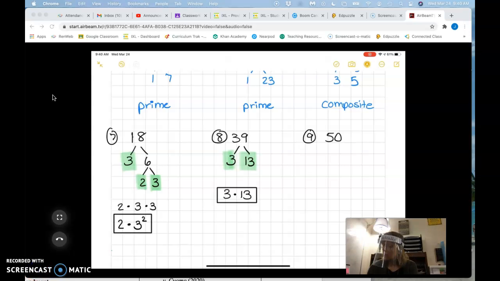Okay, so for 50, what equals 50? We can use 5 and 10. Okay, can I break 5 down anymore? No, so 5 is going to be one of my prime numbers. Can I break 10 down more? Yeah. To what? 2 and 5. 2 times 5. Well, if we could have started with 2 and 25 instead of 5 and 10,